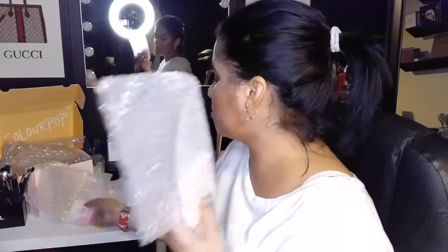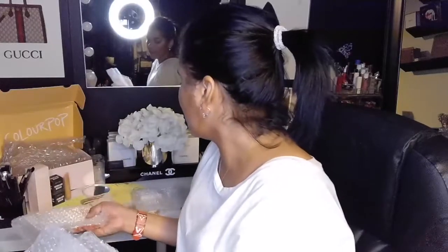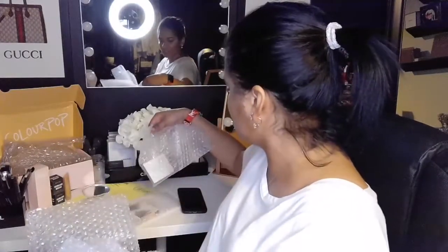Colourpop, I definitely appreciate protecting my products, but like this is a lot of bubble wrap. I've thrown away so much already, and there's so much more in here. I thought there was a highlighter in here too. That's why I didn't do it yet, but I don't see it now, so I guess I'll...